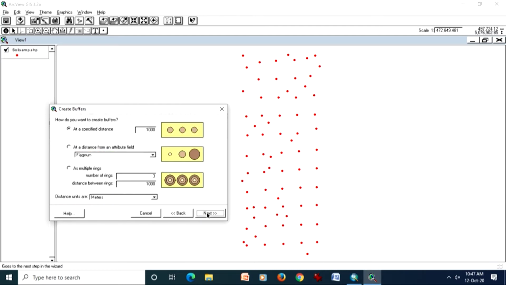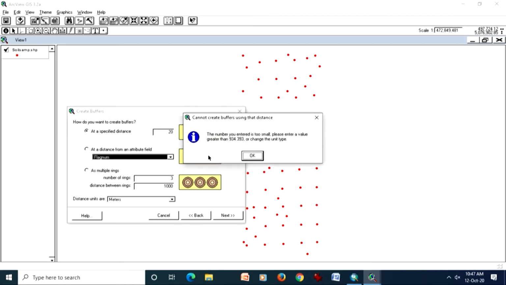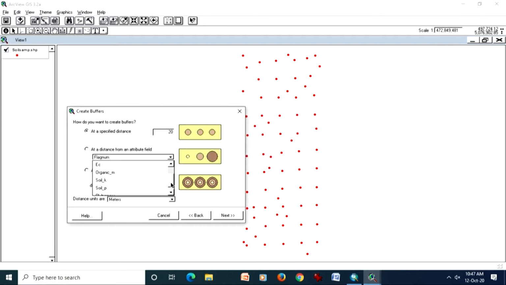Now once we go for the next, it asks a few things, like what is the specified distance. Suppose I give a specified distance of 20 here, because we are going to create multi-field buffers, and here I would like to give a field, say for example pH, and then we can choose multiple buffers also.